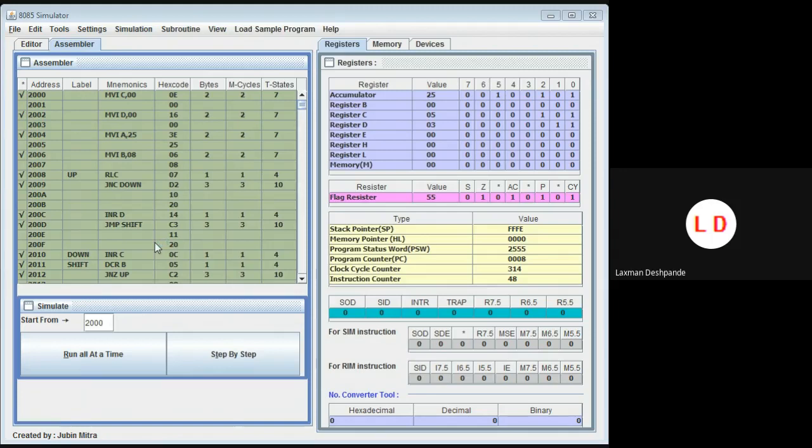Transfer the register C and register D content to the memory location through the accumulator. Move the content of C to the accumulator and then from the accumulator to memory. Similarly, from register D to the accumulator and from the accumulator to memory. That way you can store the result in the memory location also by doing some slight changes.